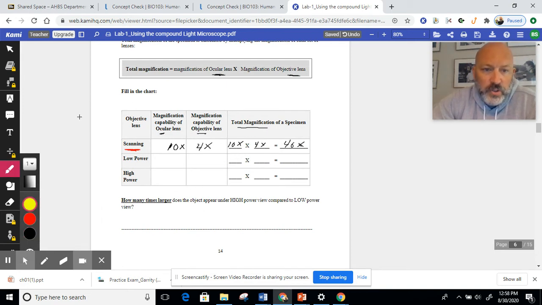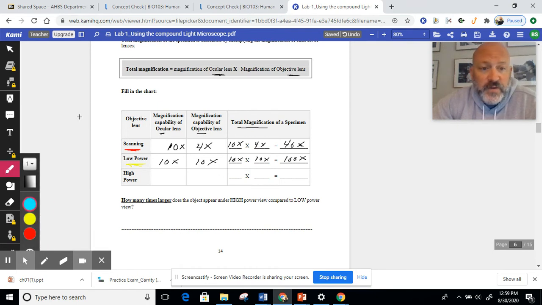When I'm using the low power lens, well, I'm still using the same eyepiece, so that doesn't change. But this lens has a power of 10x. So when I want to calculate the total magnification here, it's 10x times 10x. And that gives us a total magnification of 100x. So when I'm using the low power lens, that image will appear 100 times larger than it does outside the